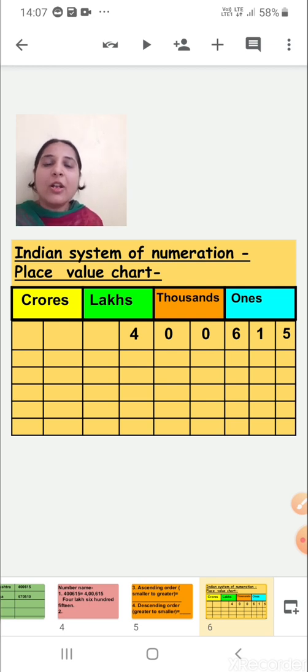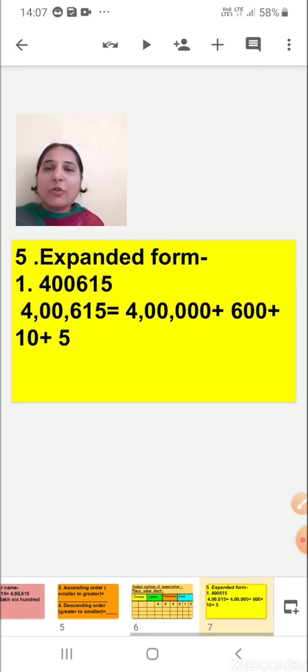Okay, where you will have 4 place values, 4 periods. So ones, thousand, lakhs and crore. Like this you will make a place value chart, and then you will put that pin code number in its respective places. Okay. And then finally you have to write them in the expanded form. Suppose the pin code is this much. First you will put the commas according to the place value, and then you will write it in the expanded form. Okay. So this would be your maths project.